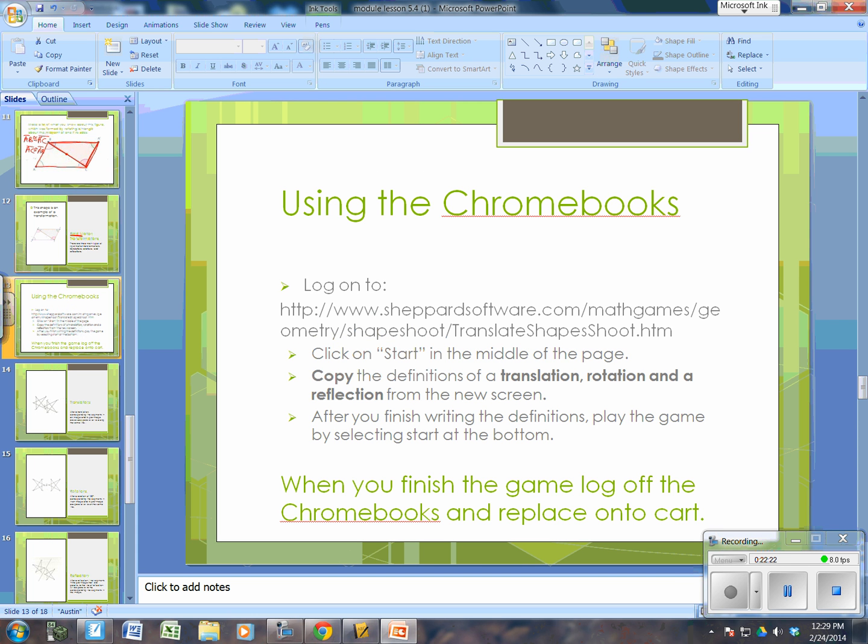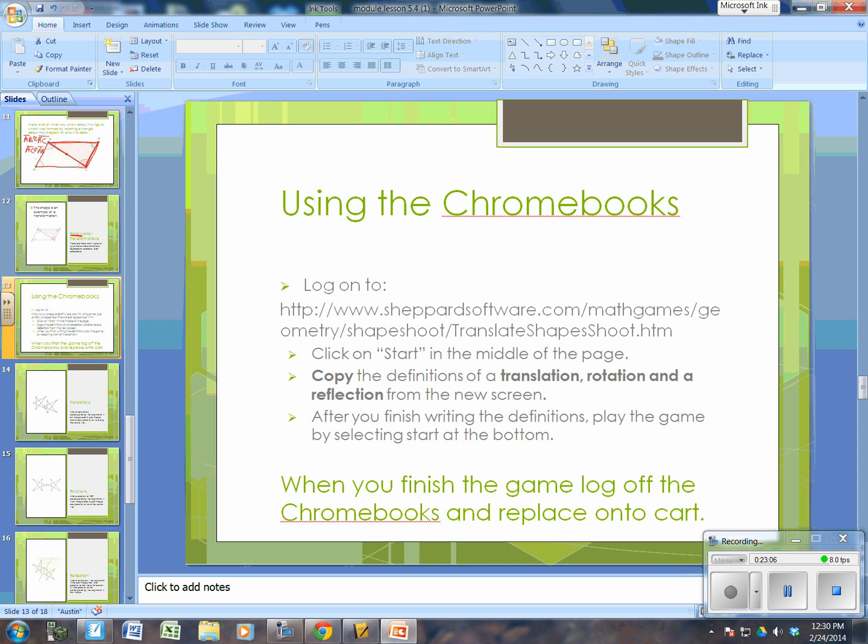Okay, right here, using the Chromebooks. Everybody do this right here. Actually, write this down. We're going to go to HTTP. Everybody write this down. You're going to take this in there. HTTP: www.shepardsoftware.com